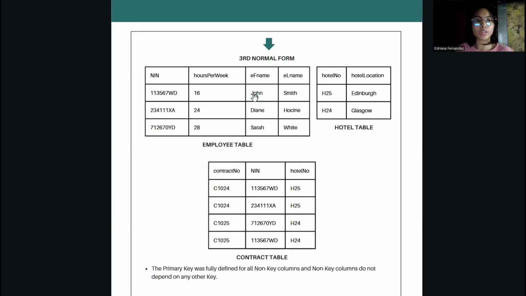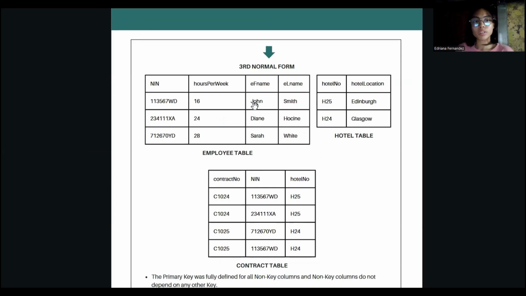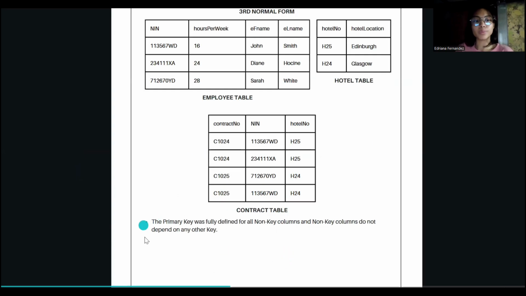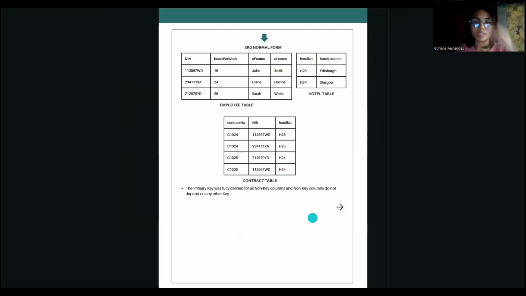And for our third normal form, the tables remain unchanged. We just also added their corresponding table names. So this is our employee table, our hotel table, and our contract table. And we conclude that the primary key was fully defined, all non-key columns, and non-key columns do not depend on any other key. So next